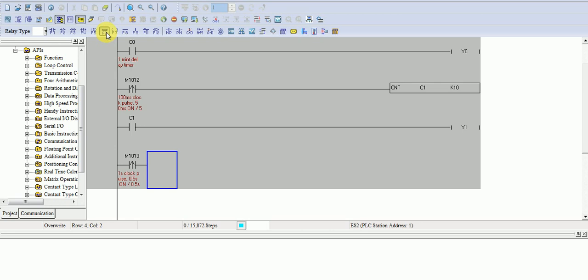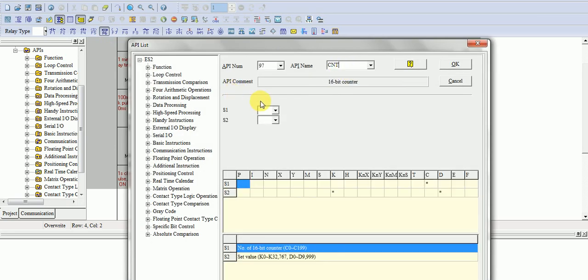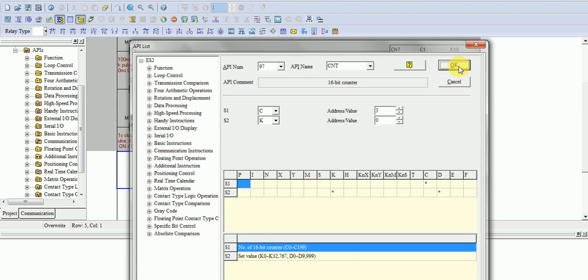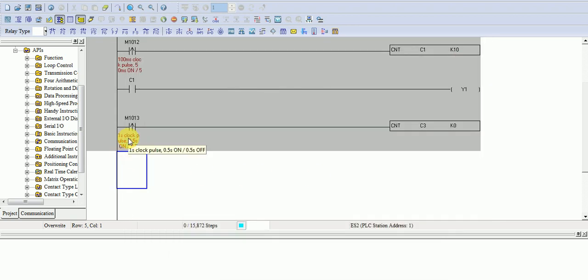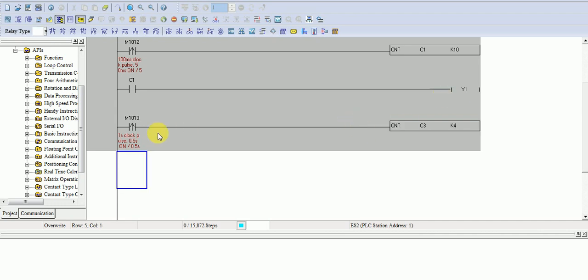You can take any other counter, CNT, C, T and K. If you want a 2 second delay, then you have to put the value 4, because we know in 1 second it will give 2 pulses, so 4 pulses will be equal to 2 seconds.